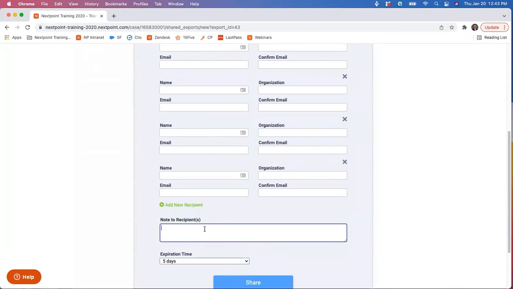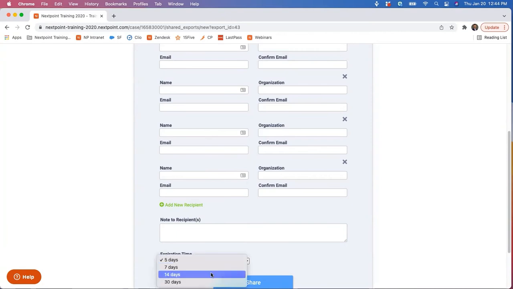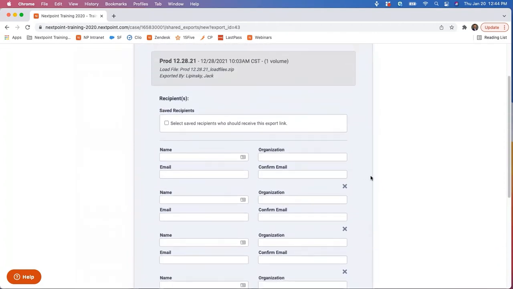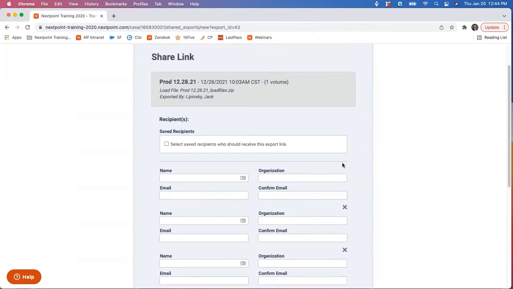Then you go ahead and type in a note to the recipients, say, per our conversation, per our agreement, here is the production as promised. You have 14 days to access this link. And what it's going to do is when you hit share, it will take your export and send them an email. Each individual will get an email with an encrypted link that will prompt them to confirm their identification to be able to access that export and download it to their local computer. Which, once you do so,